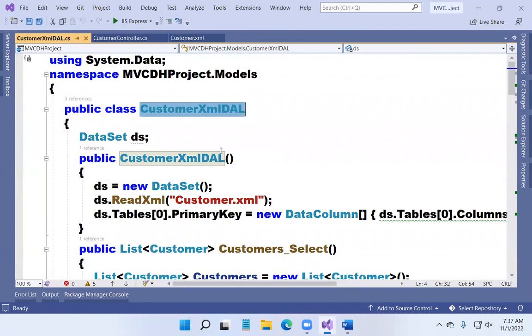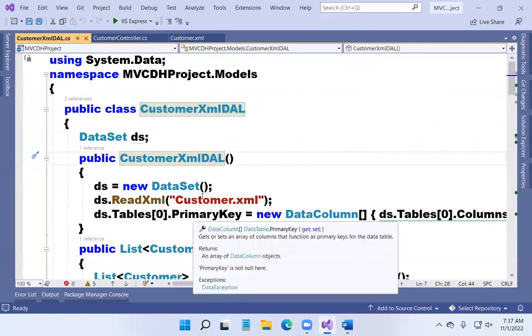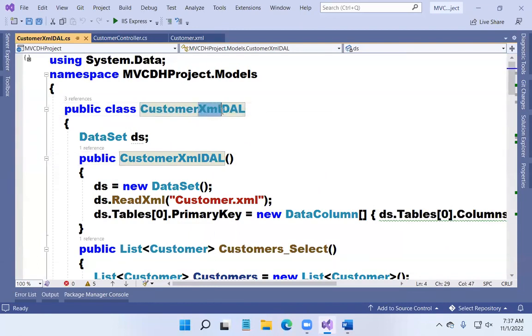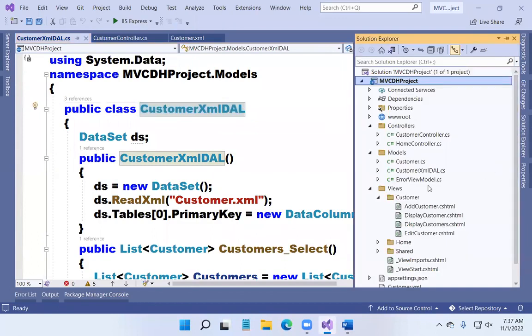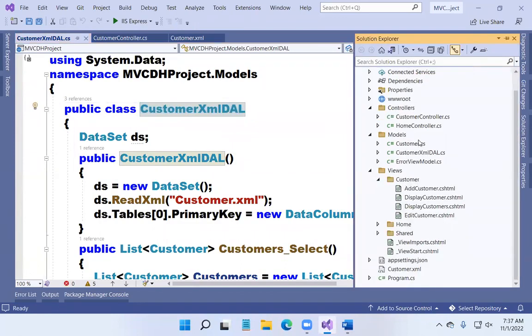This is the customer XML DAL. This DAL implementation is done targeting XML. In the same way, I am writing